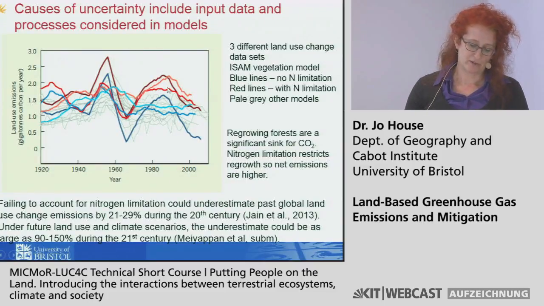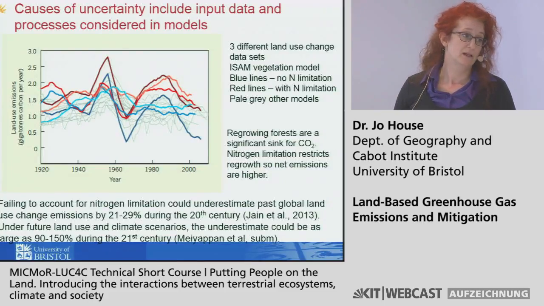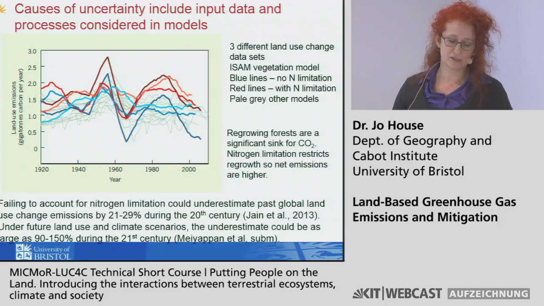And so when we're breaking it down, when you look at the tropical emissions, they weren't so different with and without a nitrogen cycle because they're less nitrogen limited, but the temperate and boreal net emissions were very different with and without nitrogen because those are the forests that become nitrogen limited in the model. And so your net emissions end up higher.